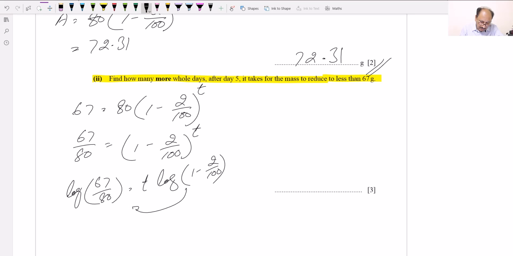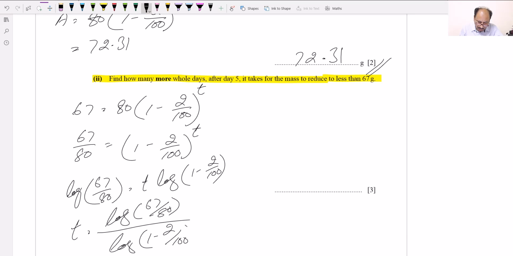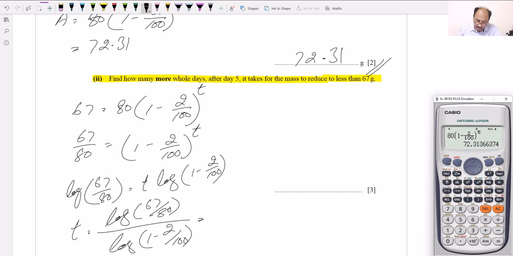And now we can shift this to the other side, so we can write t is equal to log of 67 over 80 over log of 1 minus 2 over 100. This is the log method, and this will be a fraction: log of 67 over 80, bracket closed, over log of 1 minus 2 over 100, bracket close, and this will be equal to